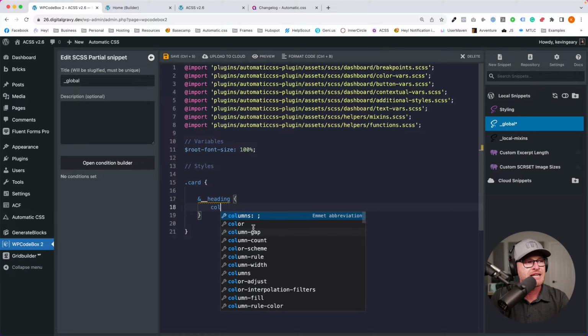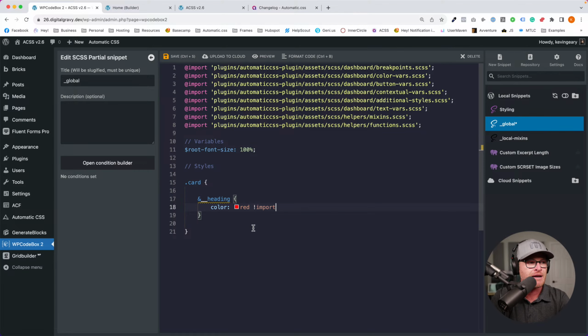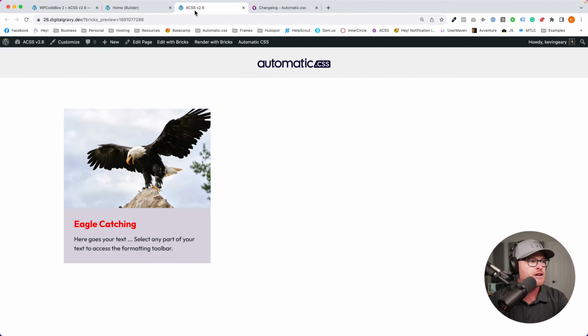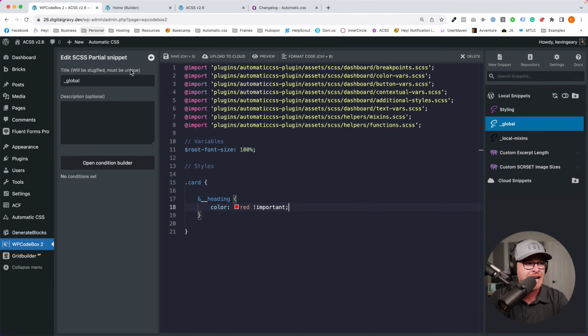And we could just test this out real quick. Let's just do color, red, important, something like that. Just make sure that we are styling that exact element, okay? That's called doing a color check, or a border check when I do it with borders a lot of times. It's a very simple little technique to make sure you're targeting the thing that you actually want to be targeting before you try something else.